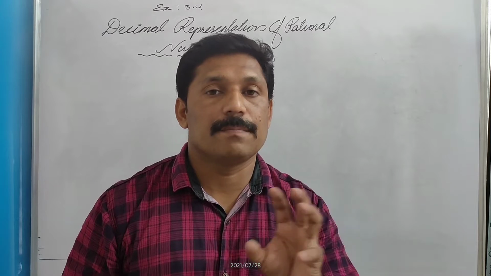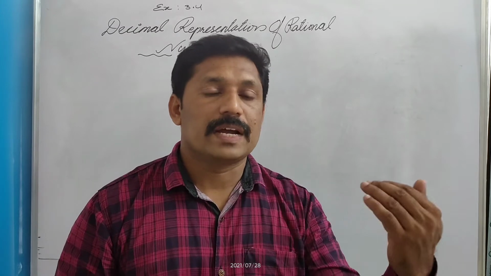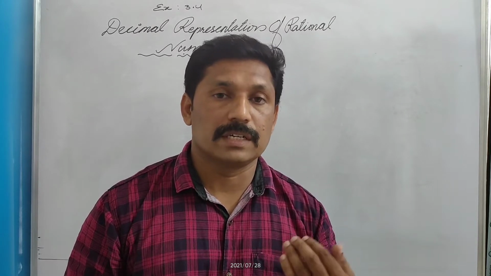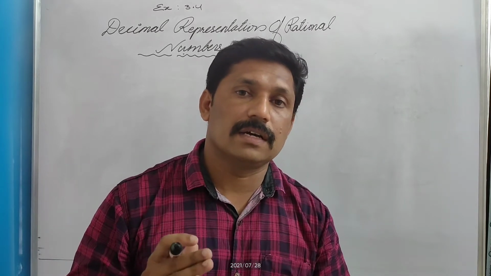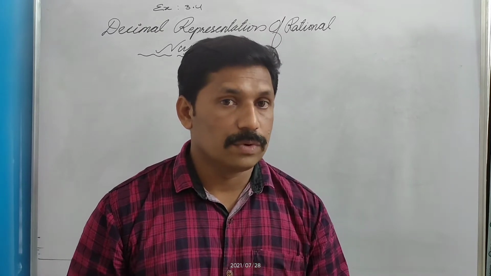Dear students, the step to change a rational number into its decimal form is that we have to divide its numerator by the denominator. Divide the numerator by the denominator. We continue this division until the remainder becomes 0. But sometimes when we divide, the remainder never becomes 0. Division continues. Sometimes some digit may be repeated without any stop, or sometimes different digits may be repeated, but the remainder never comes 0. When the remainder comes 0, such a decimal is called a terminating decimal.